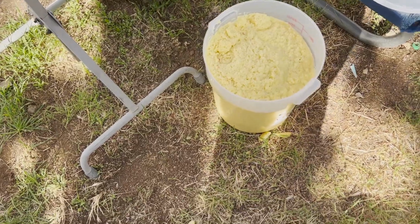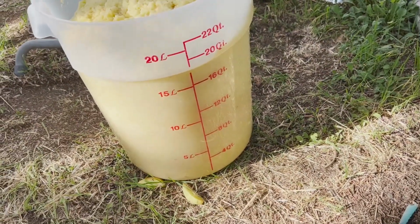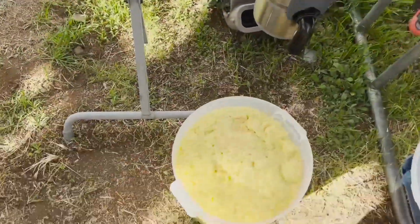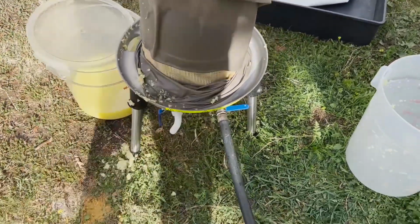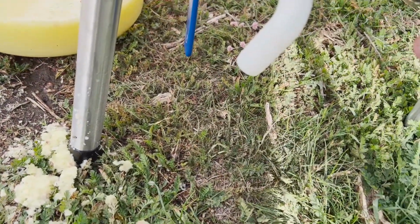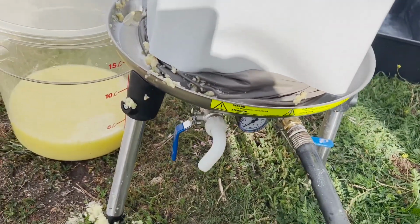All right, well, here's about a 5-gallon bucket full. This is about 20 quarts. So we'll dump it in the other thing over there and see what happens. All right, well, I poured the stuff in, screwed down the lid, put this cover over the top of it. I'm going to turn the pressure on, let the water into that rubber bag on the inside. It will expand, pushing the stuff out against the walls,